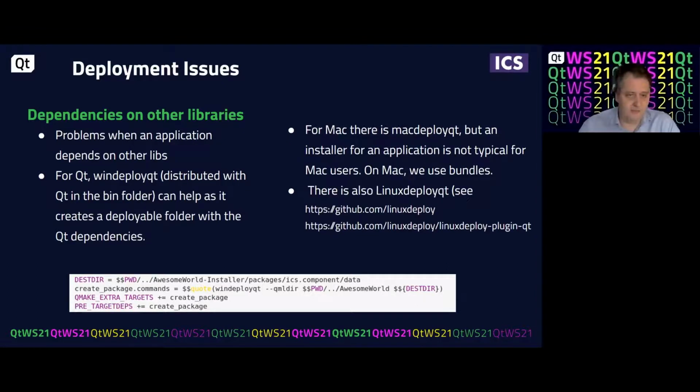let's talk about some deployment issues, right? One of the problems that you will probably encounter is that with your installer, especially if it's a Qt application, there are dependencies that have to be put into your installer. And